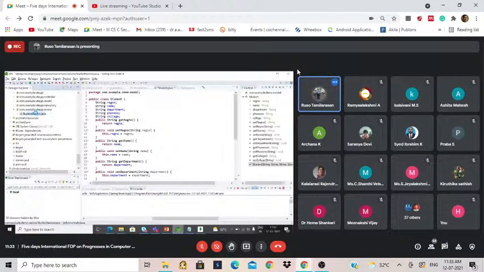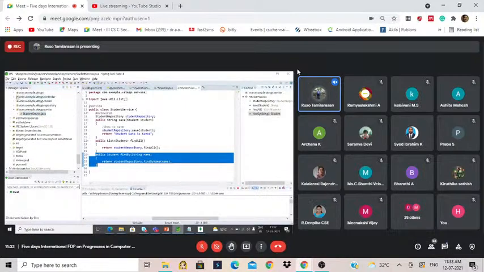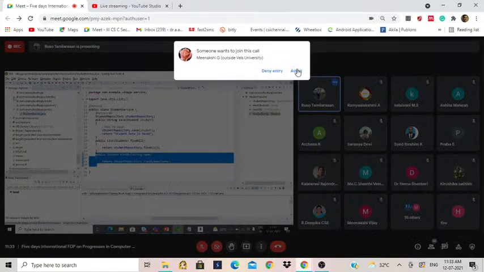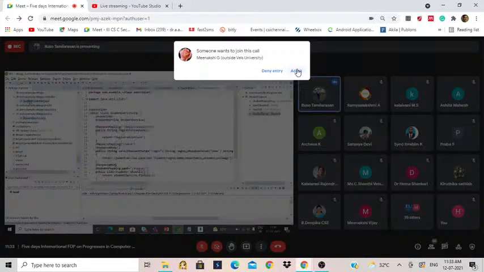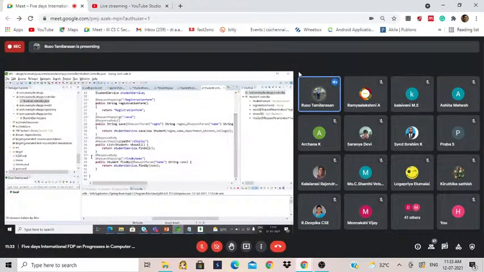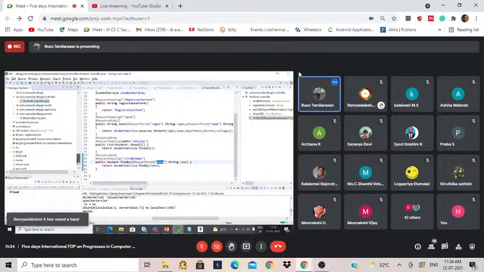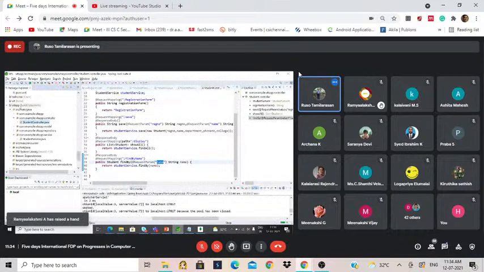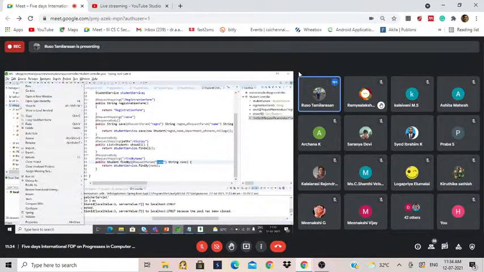The student service, in the controller you can call it. If you want to select a particular name, a particular record, you have to give a separate URL, find by name. In that find by name, you have to pass the name and then you can get the selected record. So if I stop the application and run this existing application,